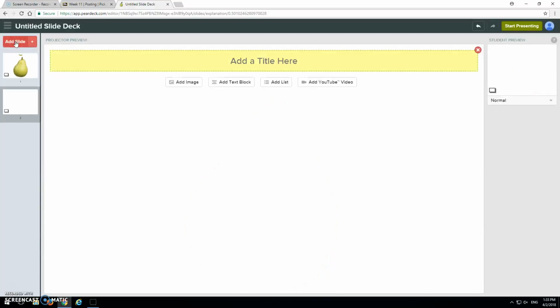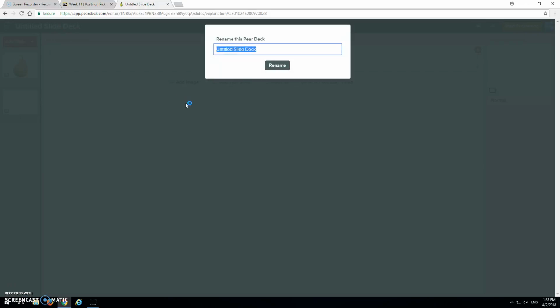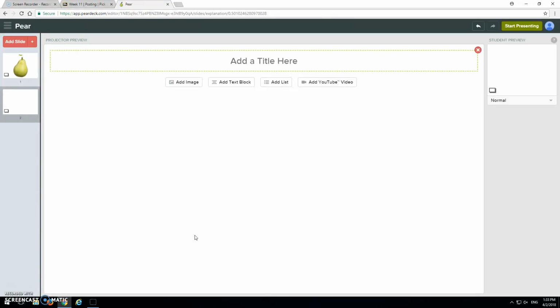If you add another slide, you can even add more text or lists as well as YouTube videos by clicking on any of these buttons. You can also name your slides by clicking here. For this one, we'll just say here. Then you click Rename. And what's unique about Pear Deck is that you can have others participate with your presentation